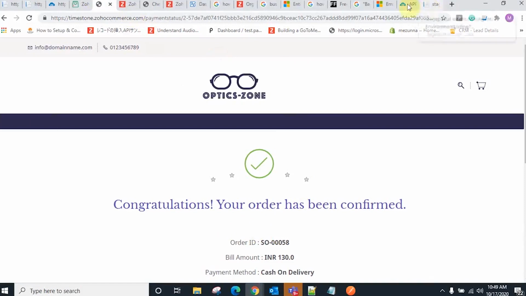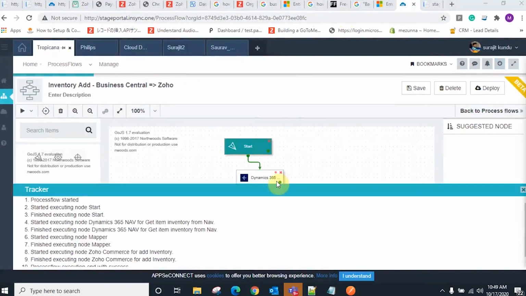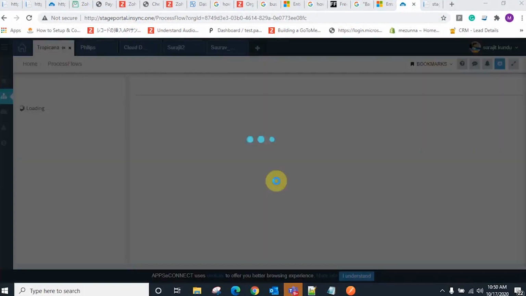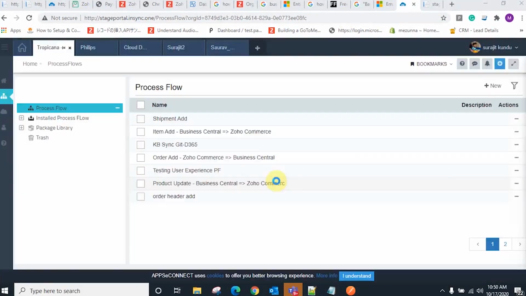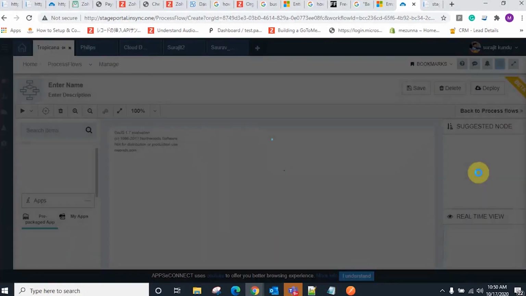Now quickly go to the process flow. I'm going to the order add process flow, and we have added some dependencies. Whenever we start the execution of the order add process flow, it will first start and hold the process of order.